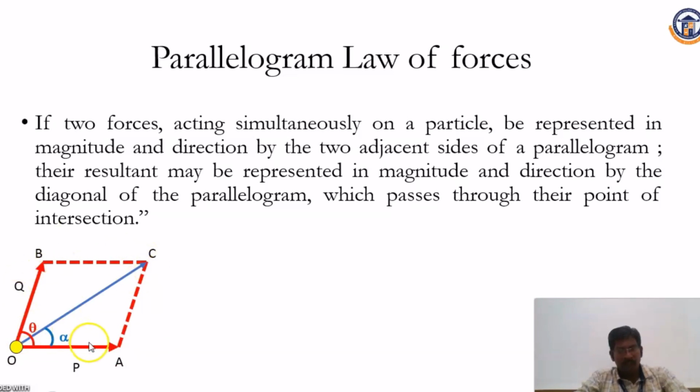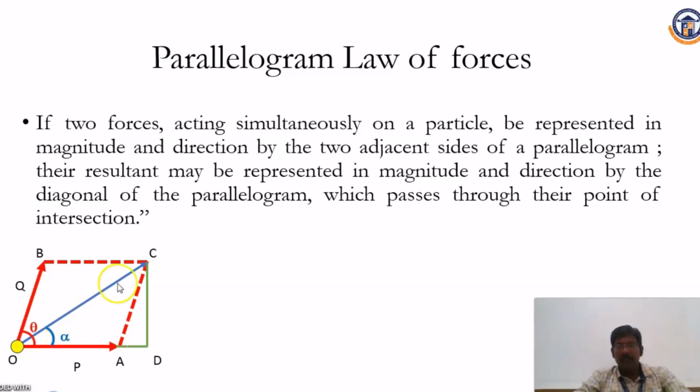So the resultant force of these two forces P and Q will be expressed in the diagonal of this force parallelogram. Okay. So the magnitude can be observed here, identified. Then the angle of inclination of this resultant force will be expressed as alpha. So how will the magnitude be calculated, and the angle of inclination of this resultant force will be calculated. So now we will draw a vertical line